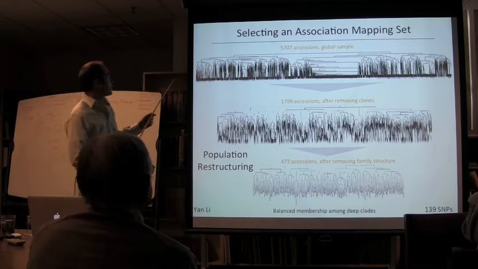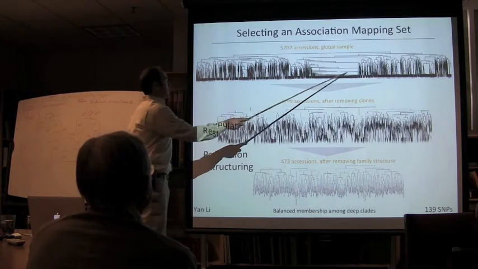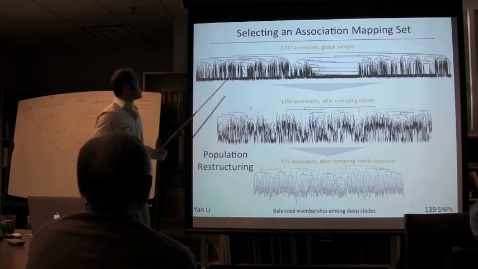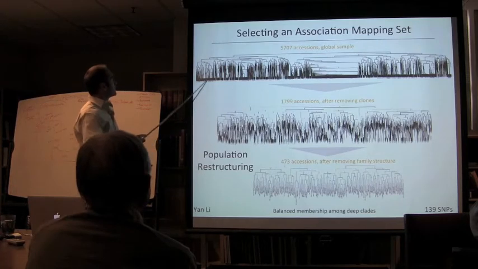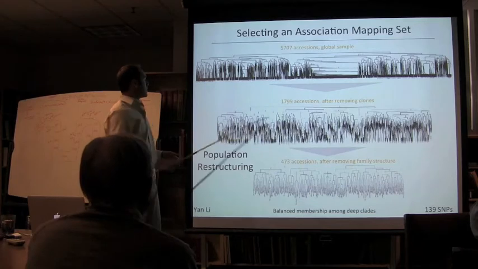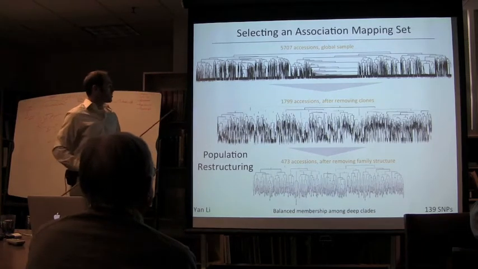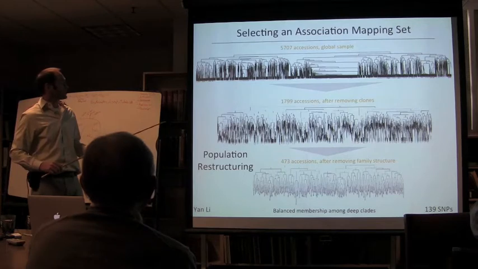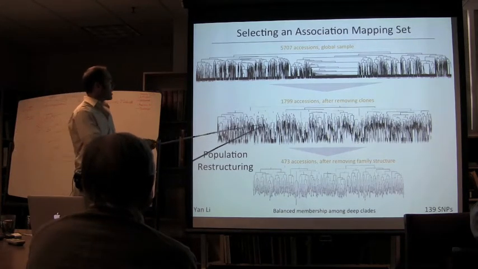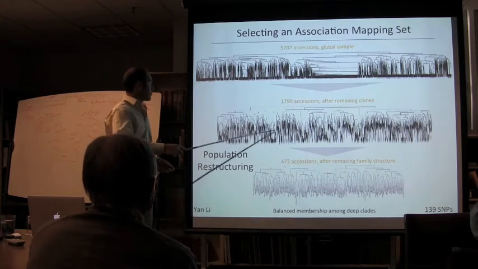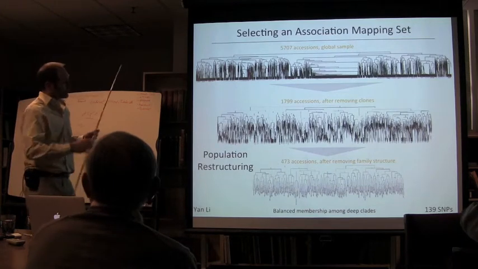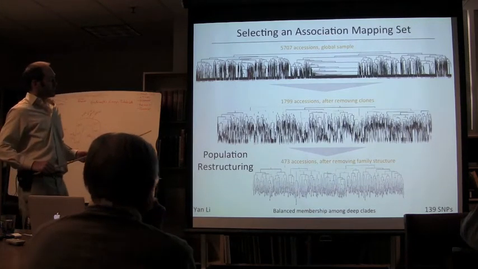And empirically, this is what we did. This is the big Heartland accession, which we collected over 1,000 times in the Midwest. That would really confound our association mapping, so we dropped that as well as some of the other clones that were identified 50 to 100 times. And 1,800 unique accessions is all that exists in the Arabidopsis database, or in our community collections. And we wanted to break down some of the family structure in here, so we took a higher level pruning and came up with this core set where most of the individuals are relatively equidistantly related to each other.